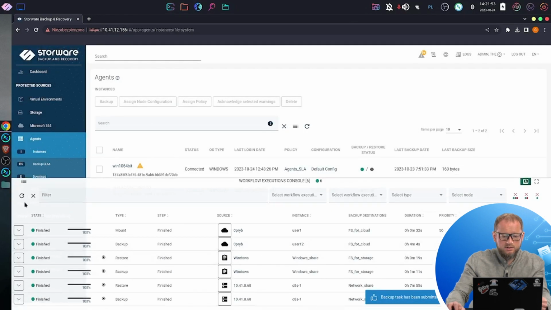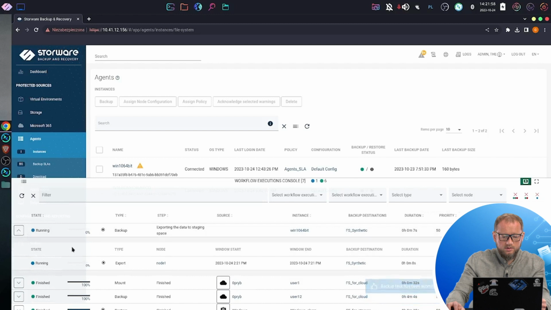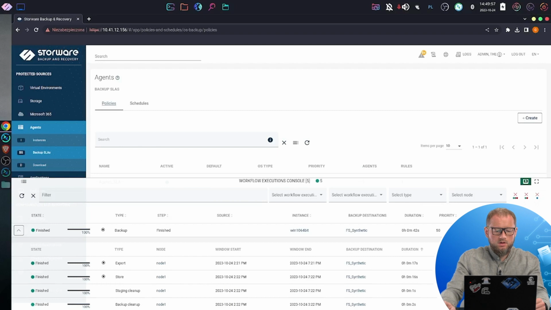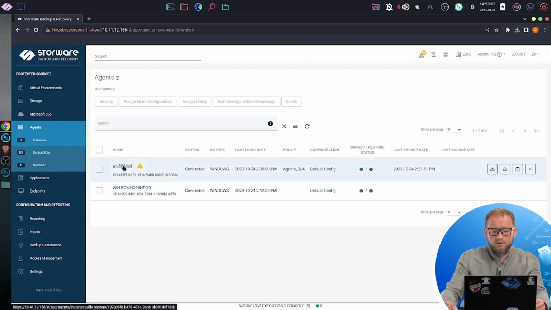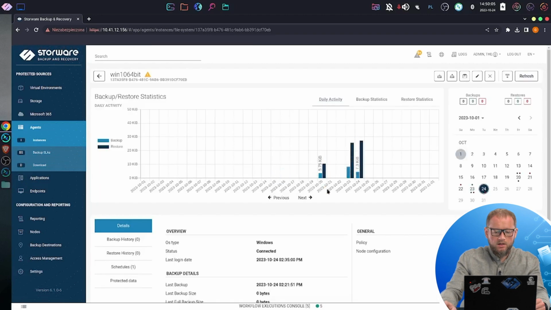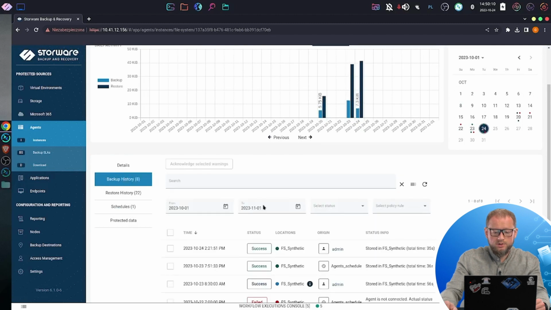And here, a new task, like previously, will appear in a task console. We will wait a few minutes to complete this task, so we can see the process of progress. Okay, now my backup is done, so I can go to the instances and see what I have backup for this agent. I'm clicking on the name. I can also see some information about the backup, restore history, but what is more important for us is a